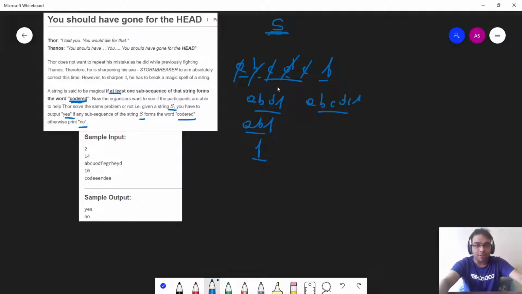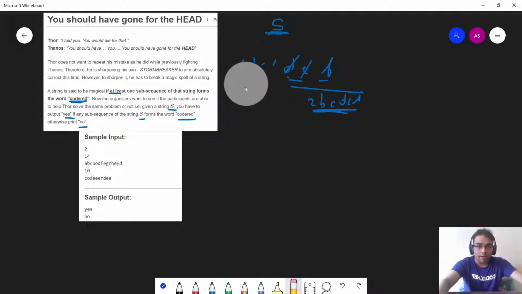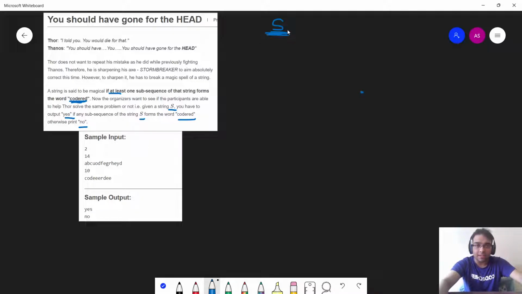This is the definition of a subsequence: you may delete one or more characters or none at all, and the resultant string is always a subsequence of the original string, right? So this is what the question is saying. Now let us see what the question wants. Basically, I'm given a string S and I have to check whether this particular string,